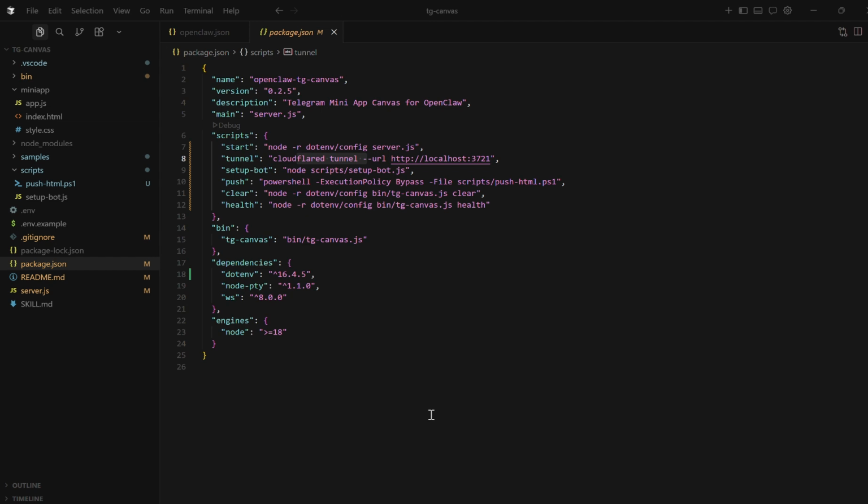The OpenClaw TG Canvas repository is a specialized bridge server that connects your OpenClaw gateway to a Telegram mini application. It allows your AI agents to move beyond simple text bubbles and render a live interactive canvas directly inside your Telegram chat. Telegram mini applications are web applications loaded in Telegram's built-in web view and integrated with bots and Telegram APIs. In general, you can display anything that you would normally show on a web page: images, styled HTML, charts,